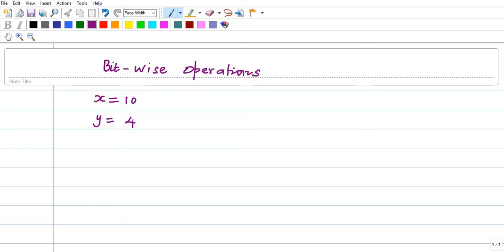The binary equivalent of x is 1010. The binary equivalent of 4 is 0100.